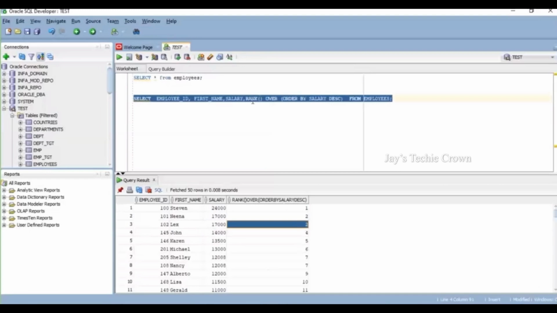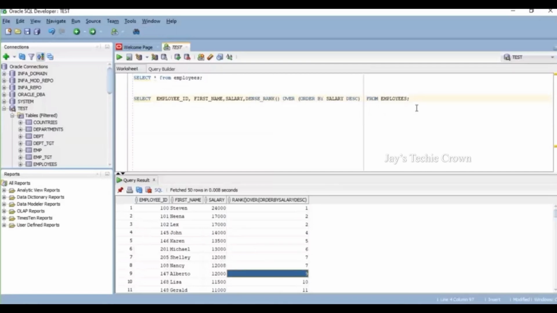In case you want to get the rank 3 over here, then you have to go ahead with the dense rank function. So now you got what is the difference between rank versus dense rank. Now we can see the rank function has 1, 2, 2 and does not have 3, and then 4, 5, 6, 7, 7. The same 12,008 is the salary that is shared between 205 and 108. So they share the same rank 7. Once two ranks are assigned to two different persons, you will not find the next rank 8, and it goes to the next rank 9.